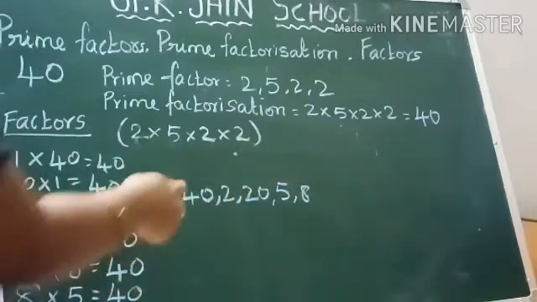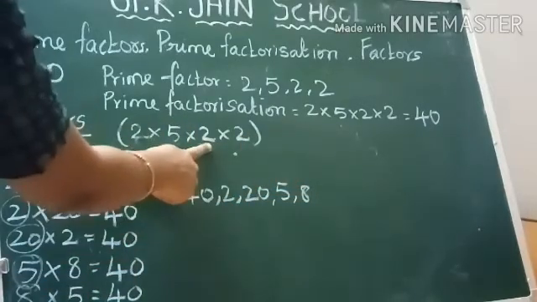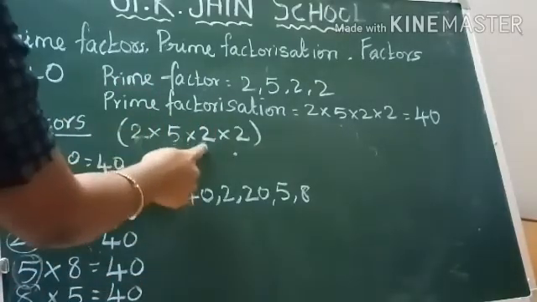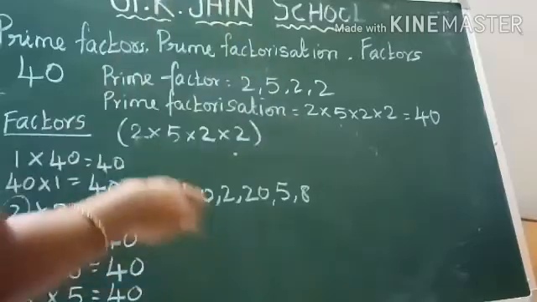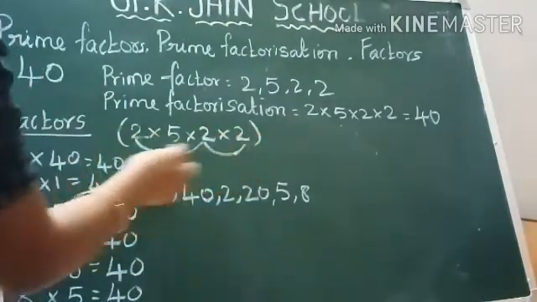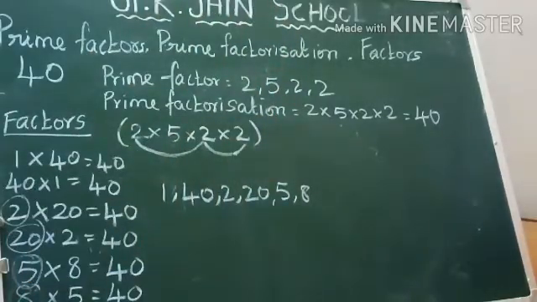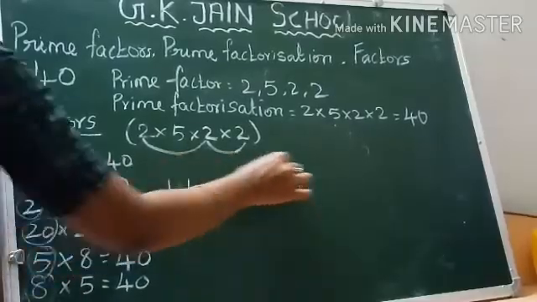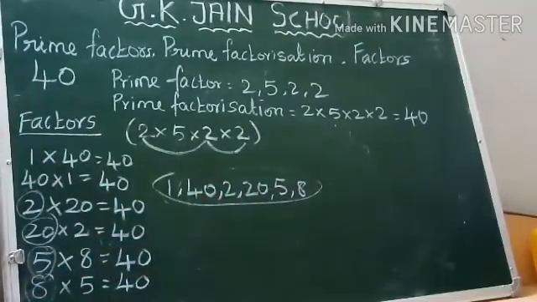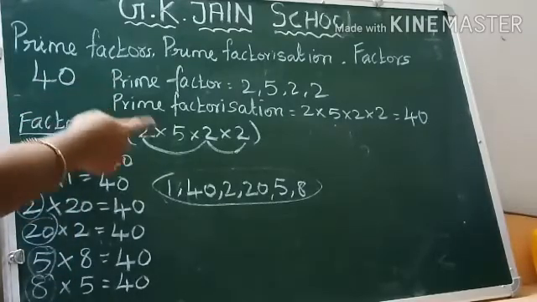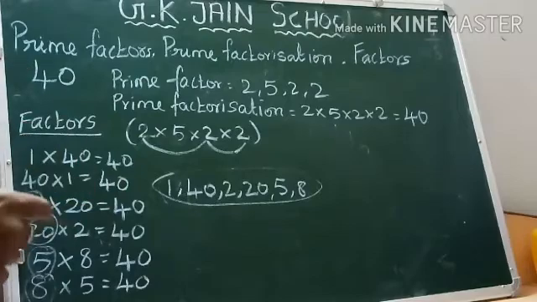Now we are going to move to the third number. But the third number is 2. When a prime number repeats, we just take it only once. Here the prime number repeats 3 times, so we just take it only one time. We already took it. So these are all the factors of 40. So students, hope you understand how to find the prime factors, prime factorization and factors of a number. Okay, move to the second example.